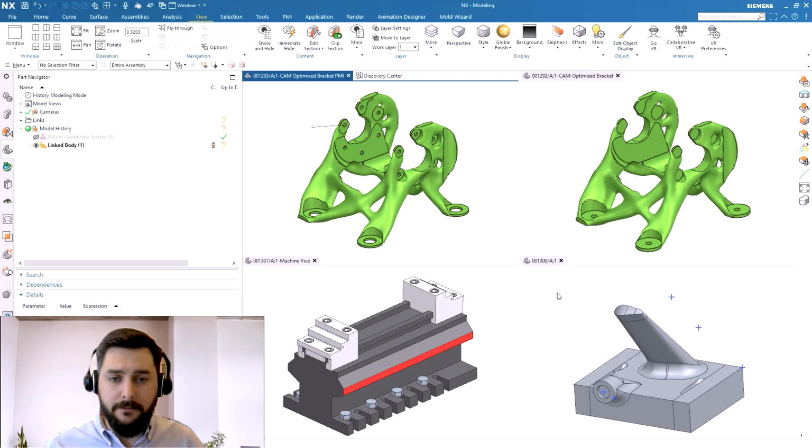hold the AM component. Because the part is not very prismatic and is very organic in its geometry, it's important that we design the correct fixturing to hold the component in the correct orientation for machining. These fixtures can be additively manufactured at the same time as the additively manufactured component, or machined in situ on the machine tool itself. So let's jump into CAM and take a look how I finish machining this component.